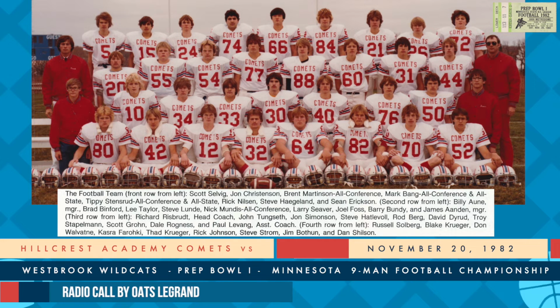Well, that's about it. As we get ready now for the halftime entertainment here, we'll be back in 13 minutes with the second half. For Hillcrest, 2 first downs, Westbrook with 5. Rushing yardage, Hillcrest with 15, Westbrook with 48 yards. Passing-wise,